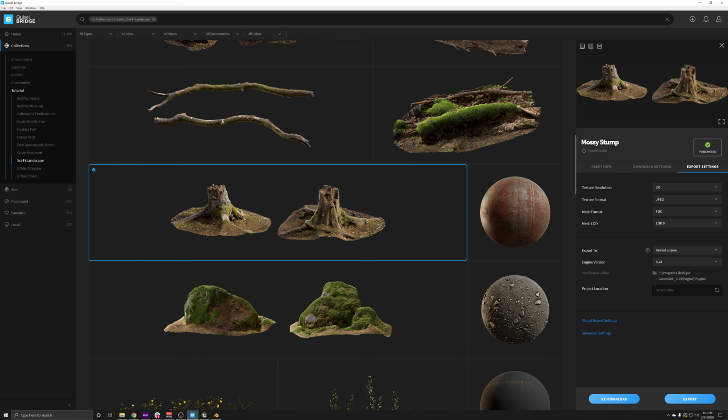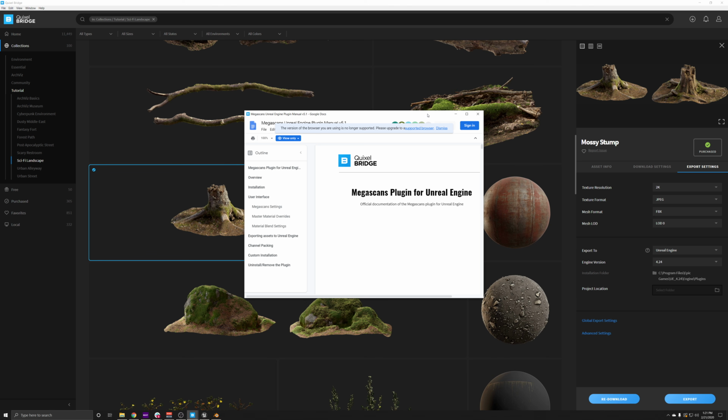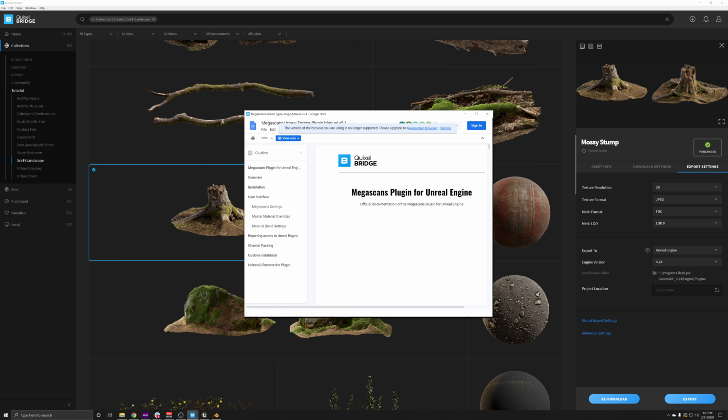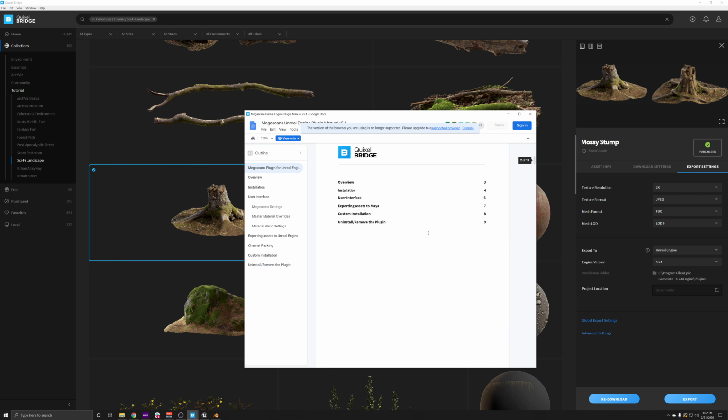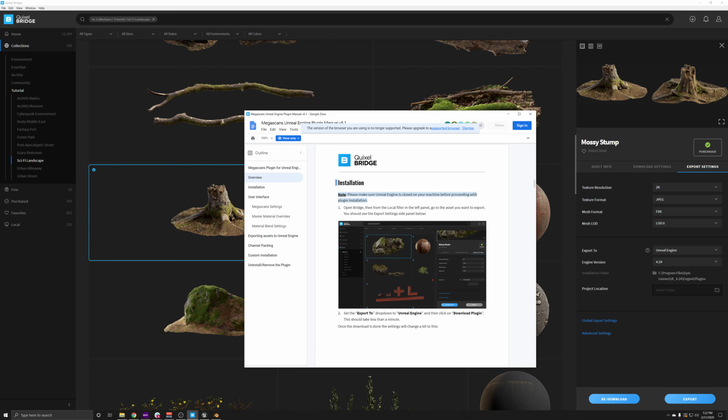And if you haven't got this already installed and you don't know how to install the plugin for Unreal Engine, there's this little question mark icon right to the left. If we click that, that pops up documentation that guides you on exactly how to do this. So if we scroll down, it's pretty intuitive. You should be able to follow along step by step.